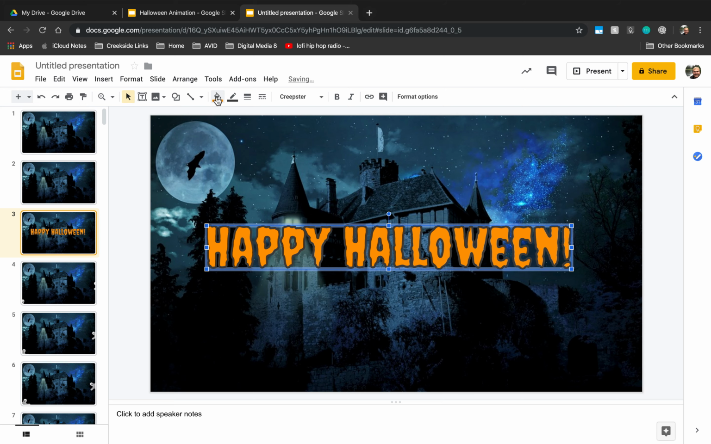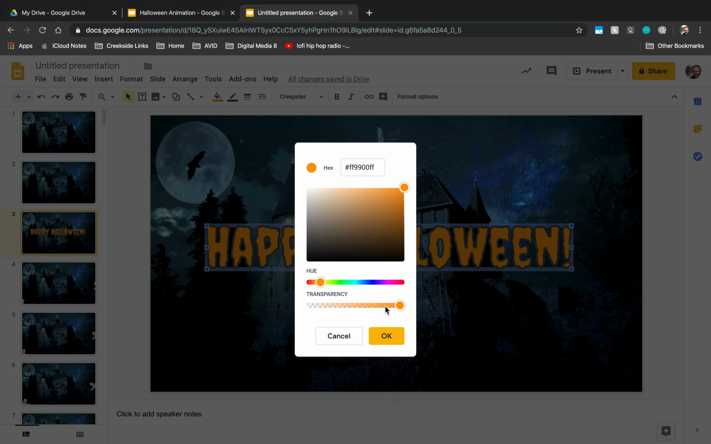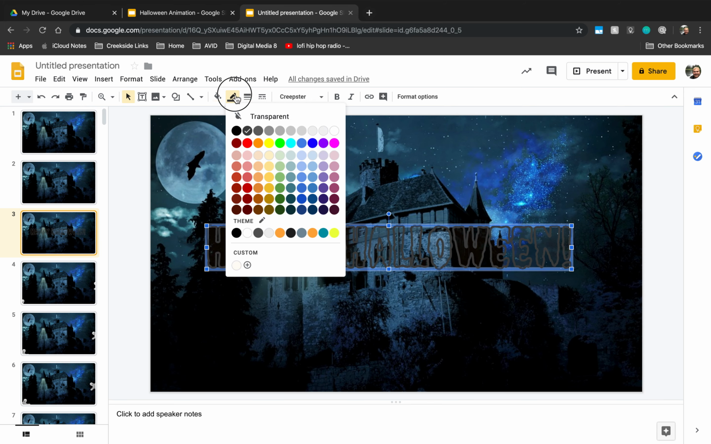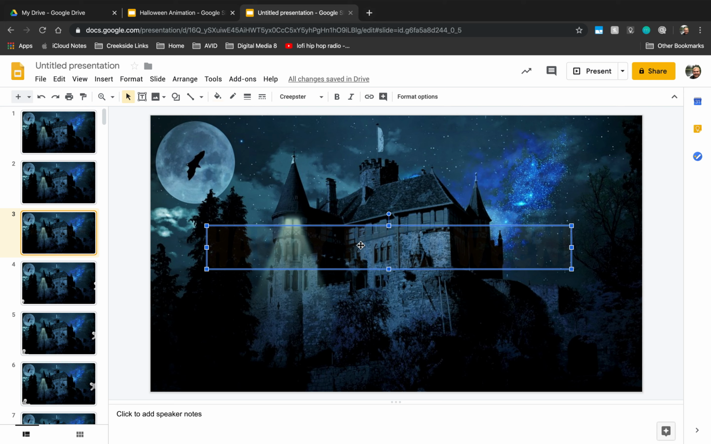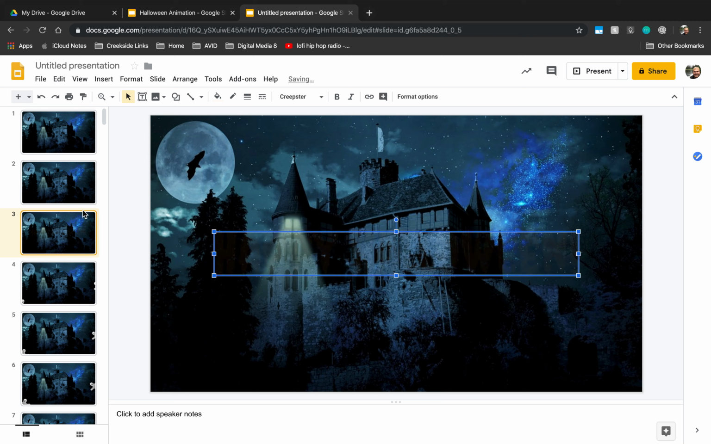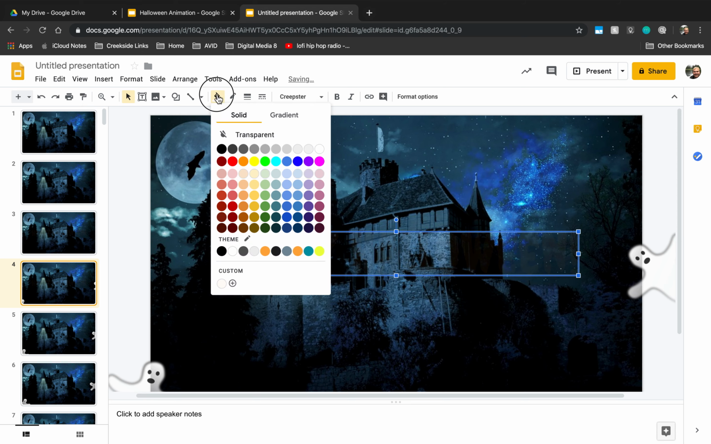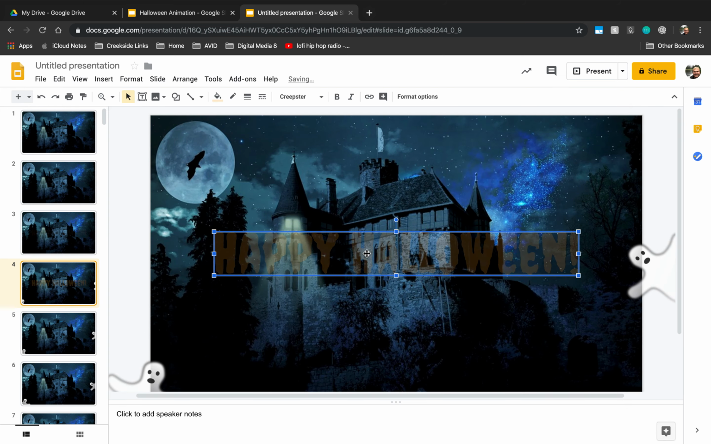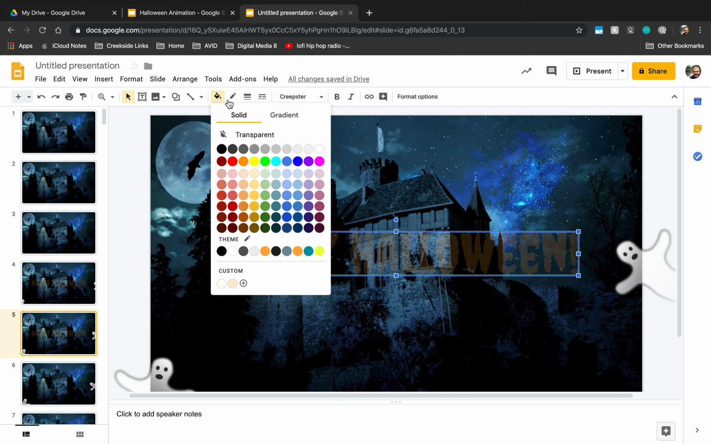Now when I do a custom fill, I can make it a different transparency. I'm going to get rid of the outline completely, but I can start it almost completely invisible, and then it can fade in. So I'm going to copy and paste this, and then I can adjust the fill color and make it a little bit less transparent, and so you start to see the words fade in. Happy Halloween. Control C, go to the next slide, Control V, fill it,